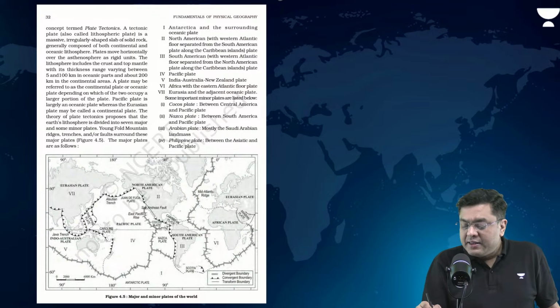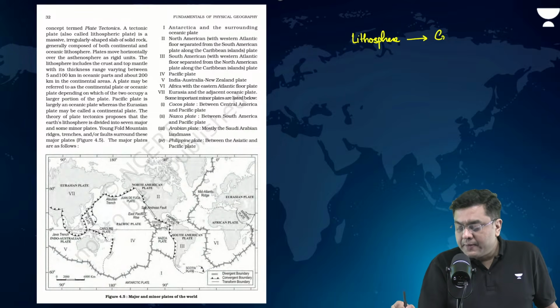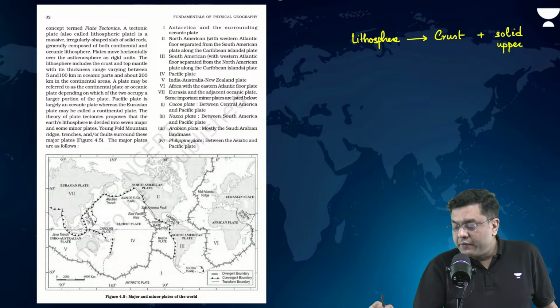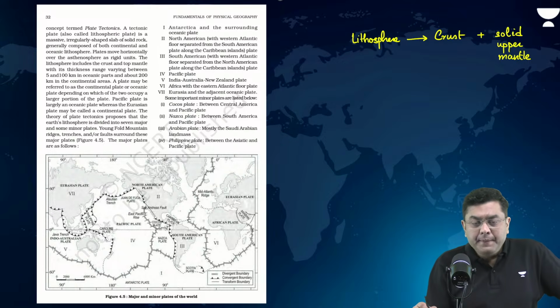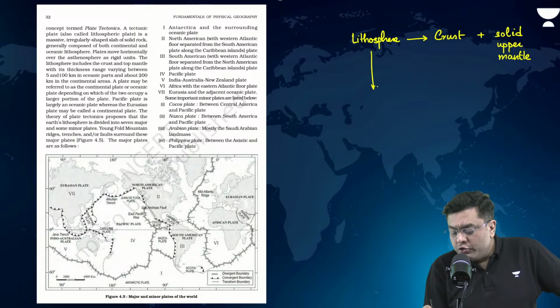So they said that lithosphere. Now, what is lithosphere? Lithosphere is basically your crust plus solid upper mantle, isn't it? Crust plus solid upper mantle above the asthenosphere. So this lithosphere is broken into subparts,